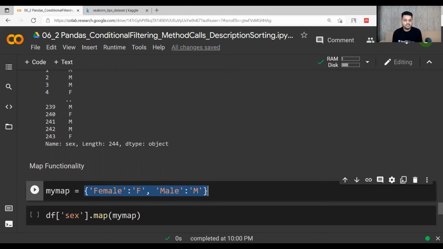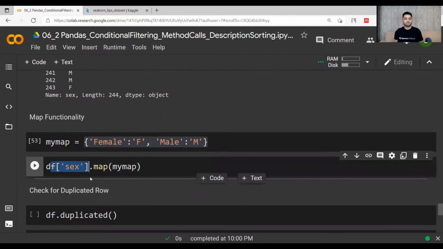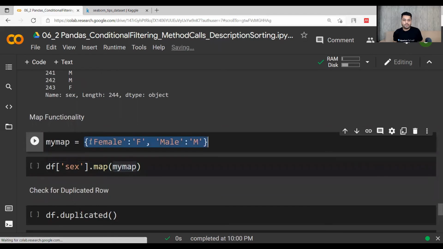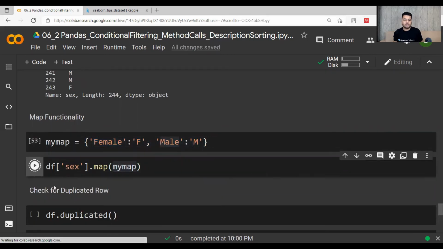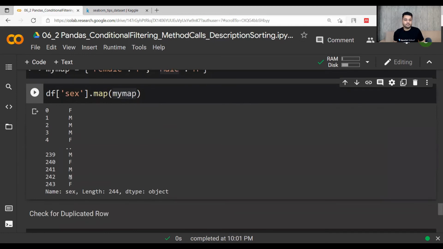Now if I pass this dictionary into the dot map function over this column, which is df6 dot map my map, it means that over my column you simply do the mapping in which you replace female with f and male with m. If you run this, you will see the values have been updated over the full column, right?